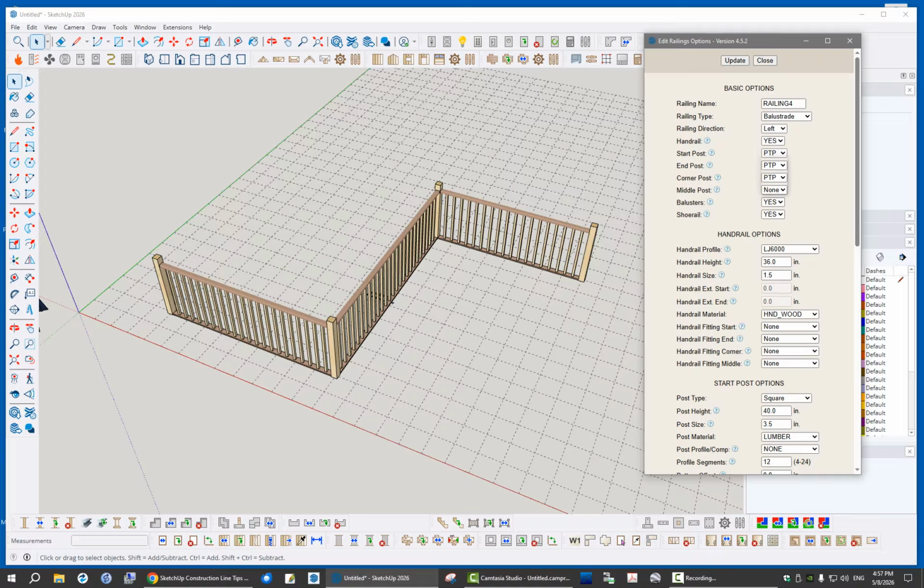And if you want to not have a start post, for instance, you've got it just backing up to some wall or something, you can do that. Same thing again with the end posts. And of course, you could probably do that with the corner post too, but I'm not going to do that right now. What I do want to show, though, is what the difference is between post to post and over the post. So really the only, if I'm clear on this, I've got to, of course, look back in my code. But when you have an over the post situation,